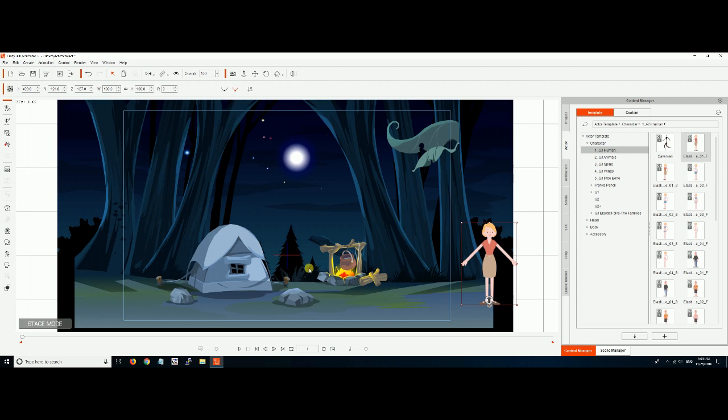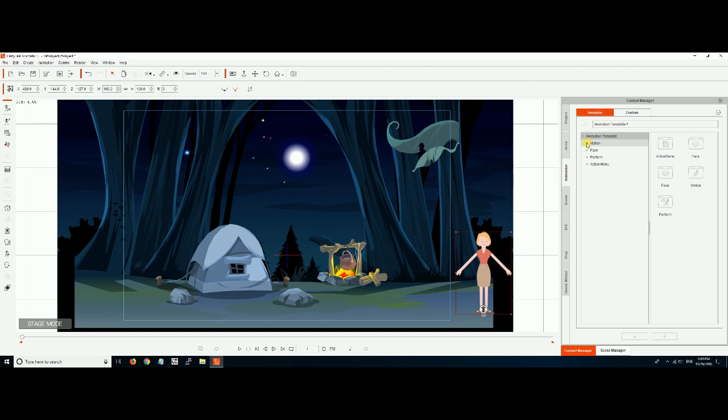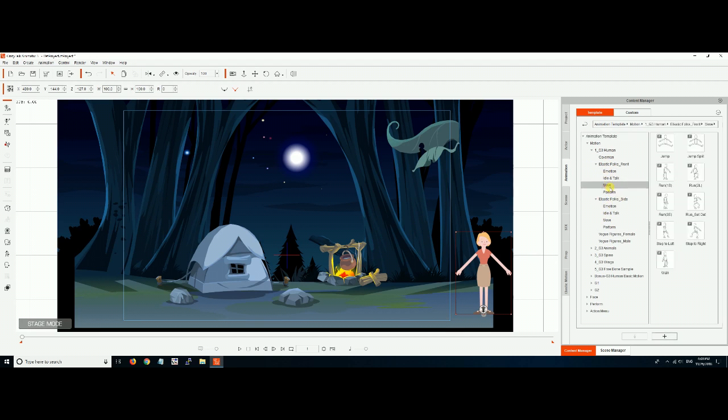We're going to have her walk onto our stage and say something. Okay? We'll get her down here. She's not on the stage yet. Notice we're at the very beginning. Nothing's happened yet. We're going to go over here to Animation, Motion, and we're going to pick Human, Front, and then there's lots of options over here. You just have to kind of get used to them. And notice this one, Move, right here. Well, that's a good one.